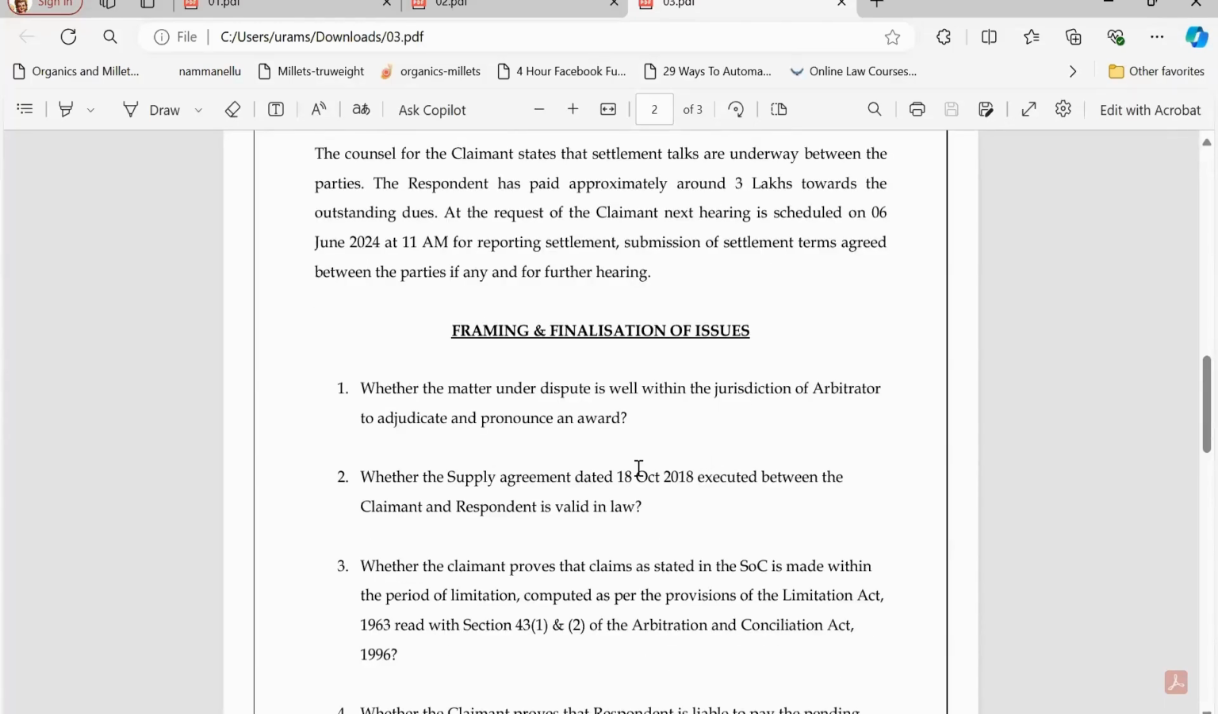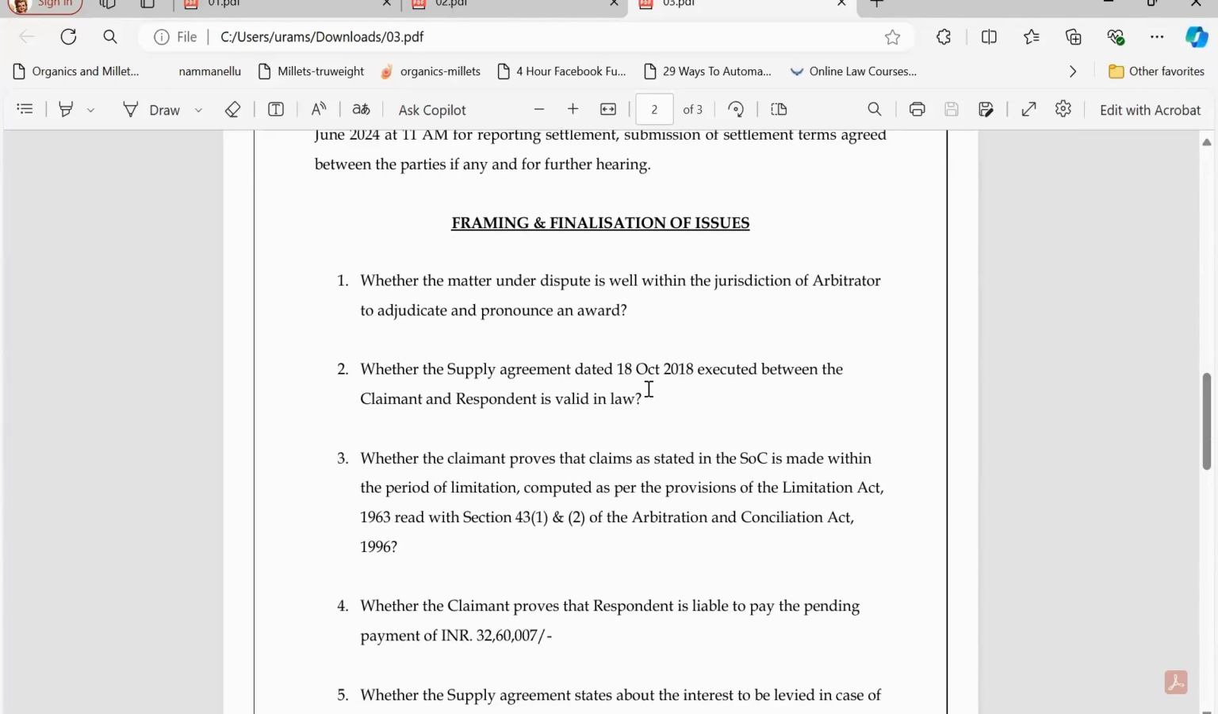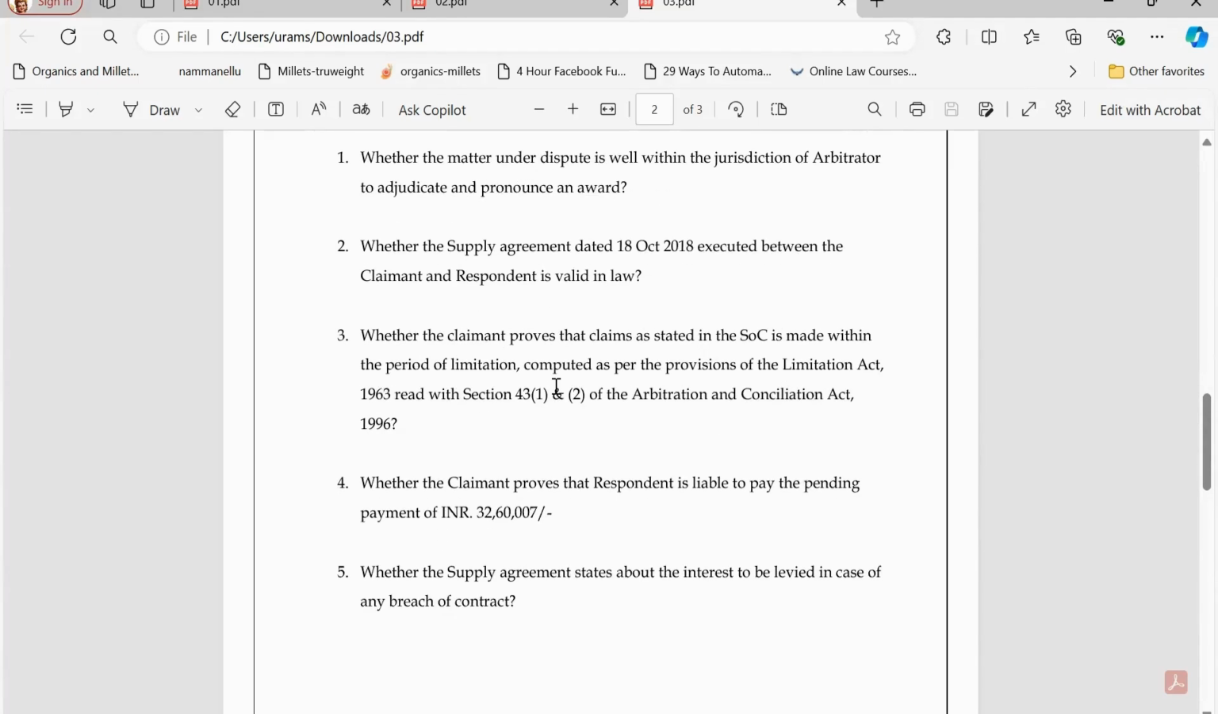In one of the arbitration matters, in a virtual hearing, the issues were framed and finalized by the parties and the arbitrator. Here, the arbitrator has finalized the following issues. First, the issue regarding the jurisdiction of the arbitrator to adjudicate and pronounce an award, and the validity of the agreement or the contract in question,